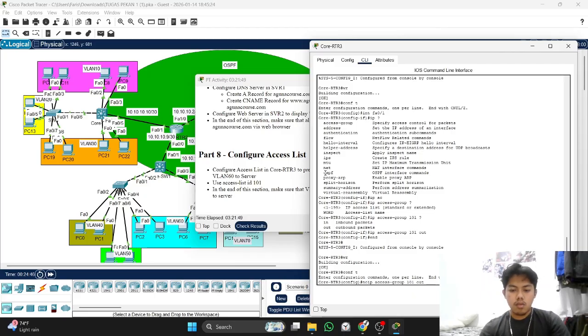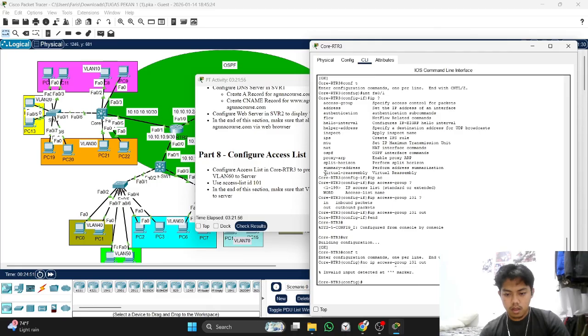Just add the no at the front of the configuration before.